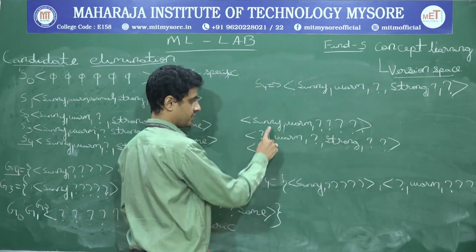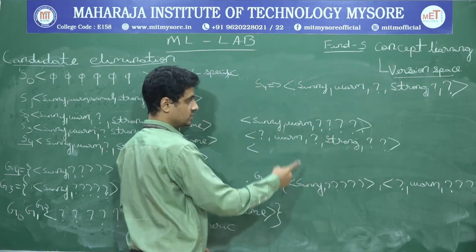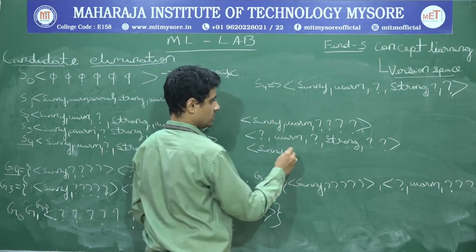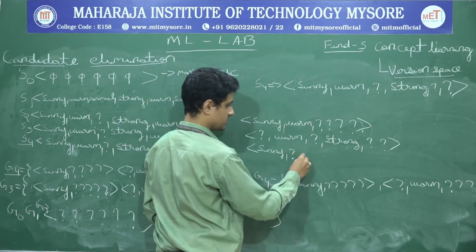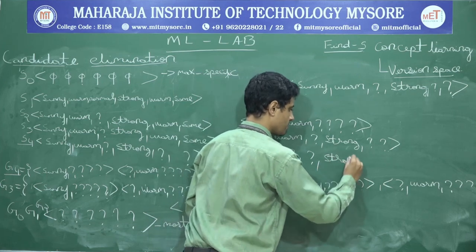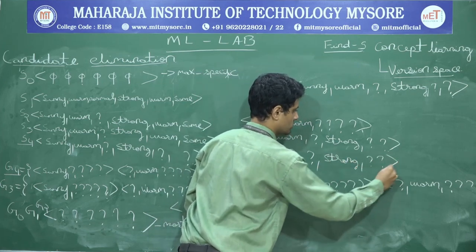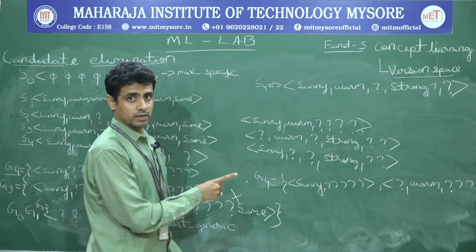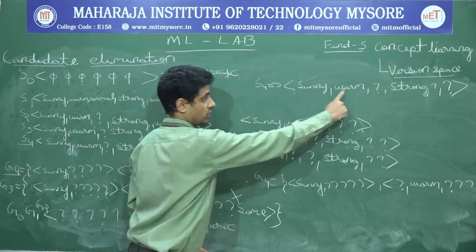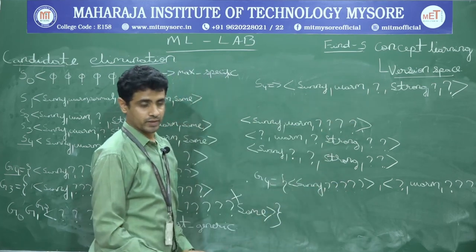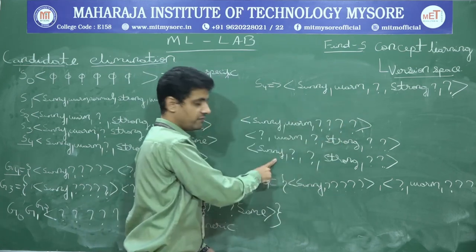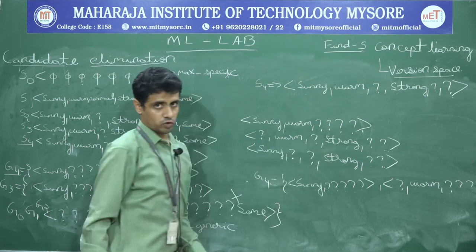There's one more where there are 2 attributes and 4 question marks. That is sunny with strong. So sunny is first, the second one is question mark, third is question mark, and fourth is strong, then question mark, question mark. So these are the possible 2 attribute values with 4 question marks. There are only 3 possibilities for the given 2, 1, 2, 3, and this 2. 1 attribute with 5 question marks, 3 attributes with 3 question marks, and in between I can have 2 attributes with 4 question marks.